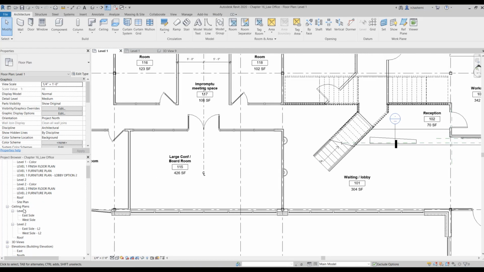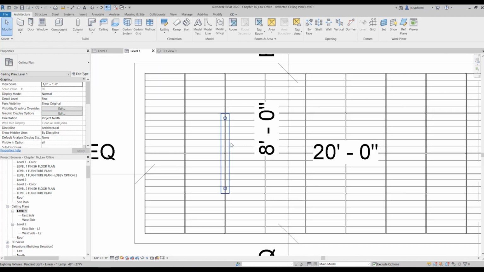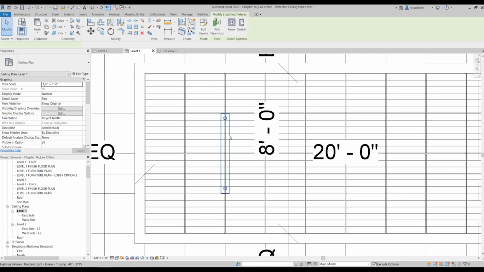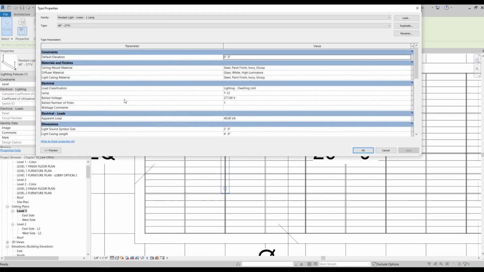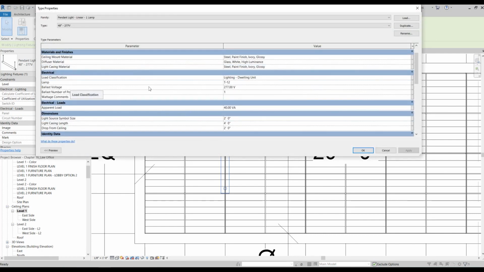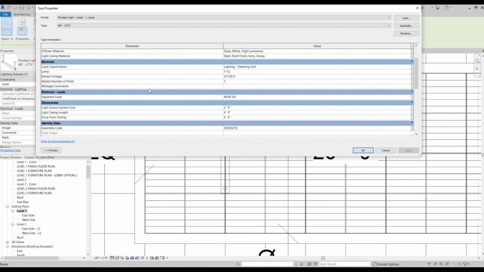Let's go to the ceiling plan again. If I click here and select my pendant light and then go to Edit Type, from here you can change this distance, drop from ceiling. So if you want it to be closer to the floor, you can make it longer or shorter, okay?